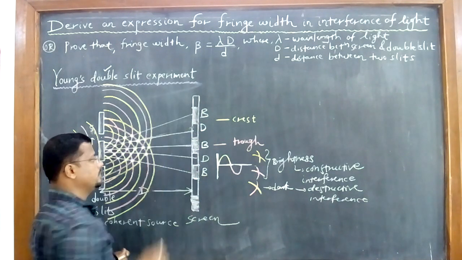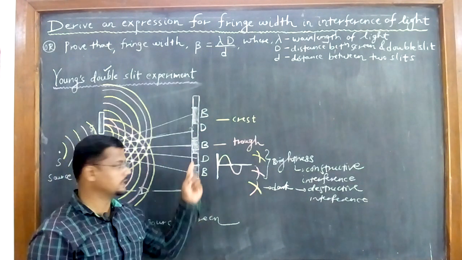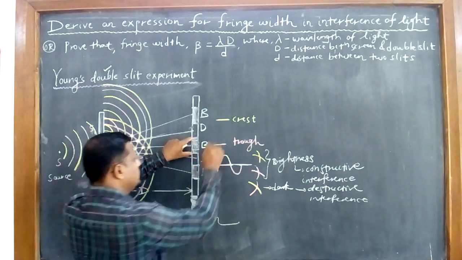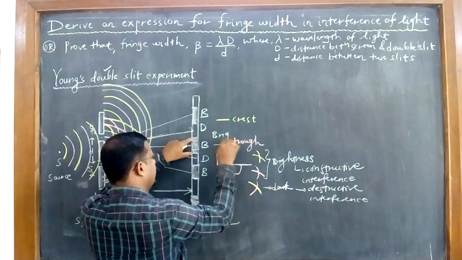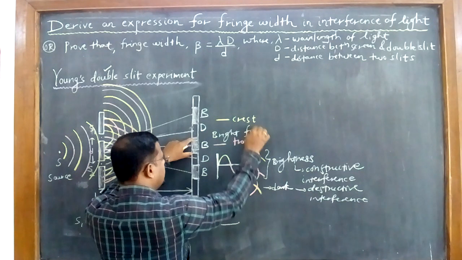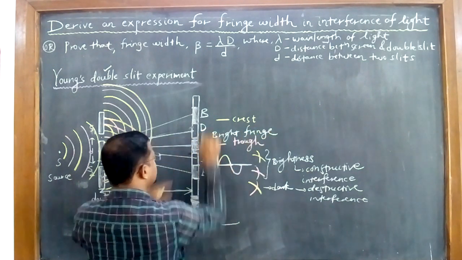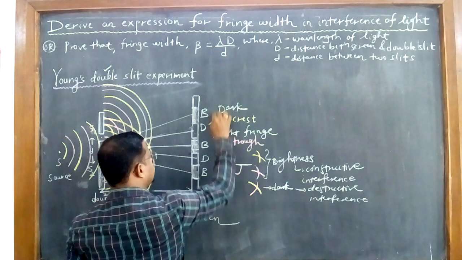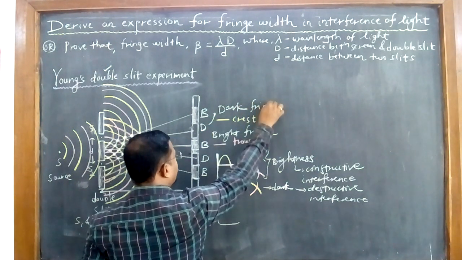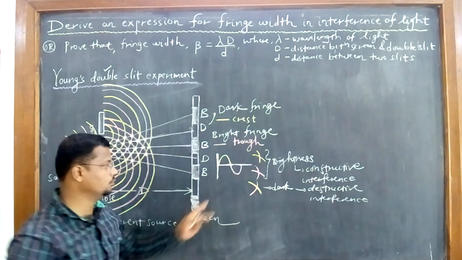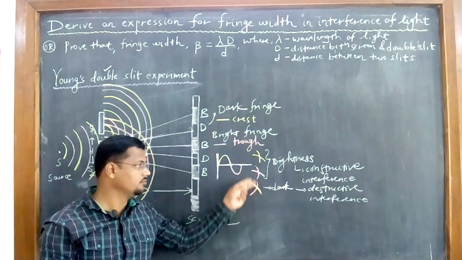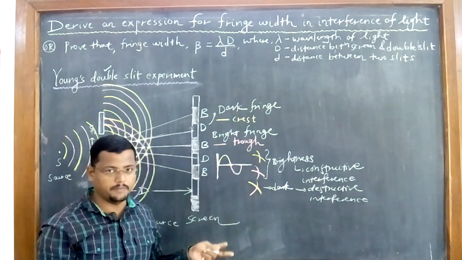So what is formed here? You have got the central fringe. What is this brightness called? It is called bright fringe. I will write like this here. It is called bright fringe, and this D stands for dark fringe. It is called dark fringe. When you have got dark fringe, the two opposite colors are matching, and when you have got the bright fringe, two same colors are matching here, right?